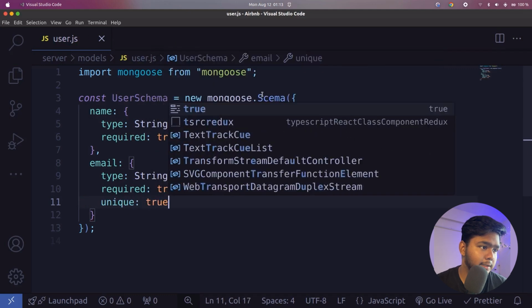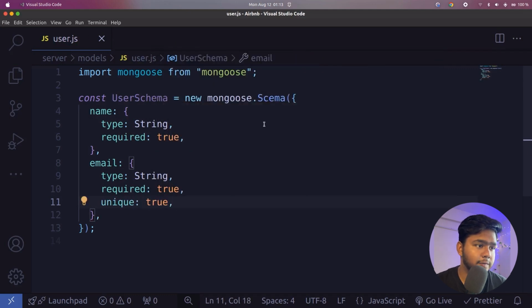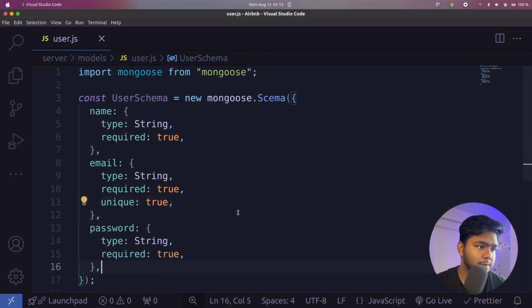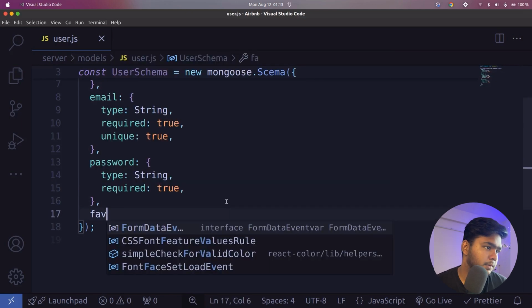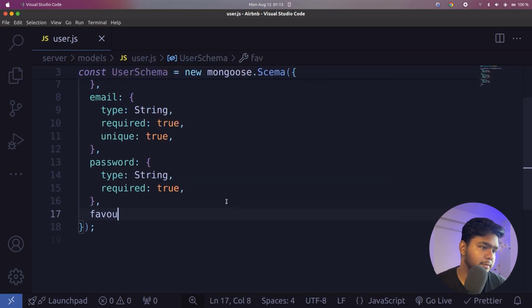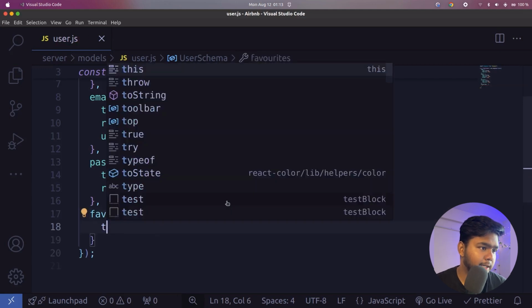And then what else? So we will be having our password and image, right? So I will write password, that is type string, required will be true, and then we have our favorite. Then in favorites we will be having type as